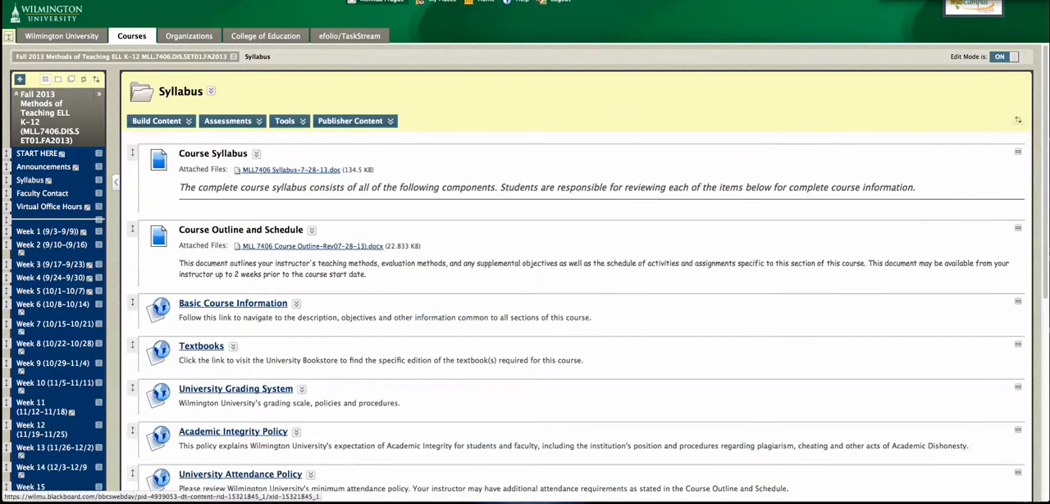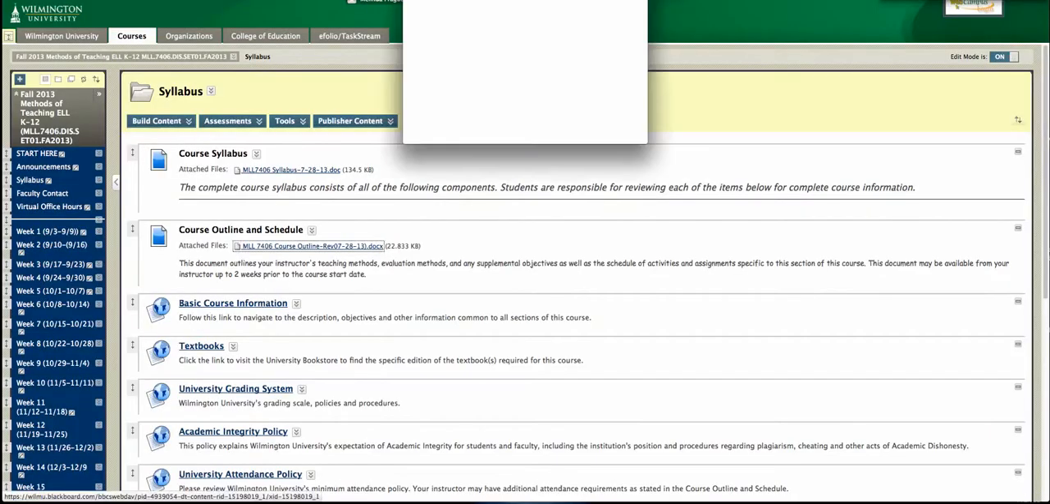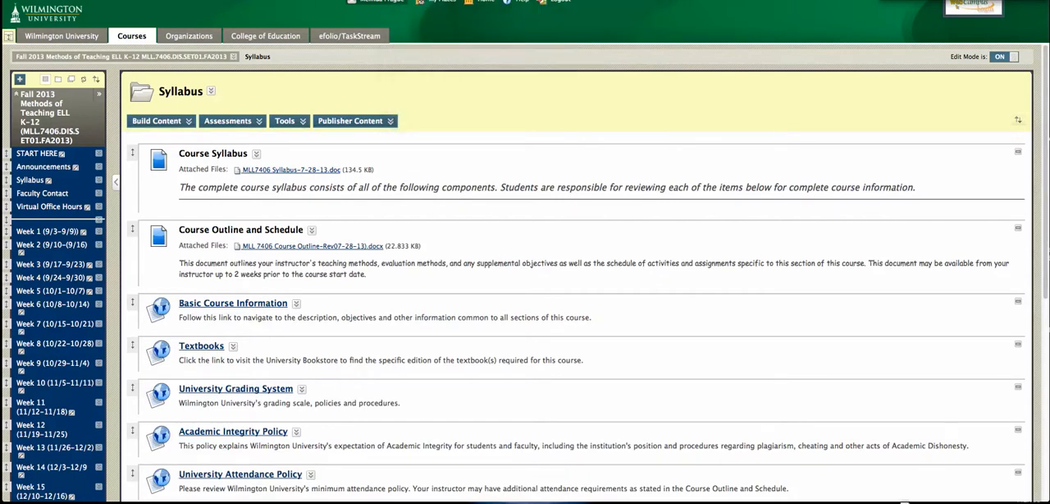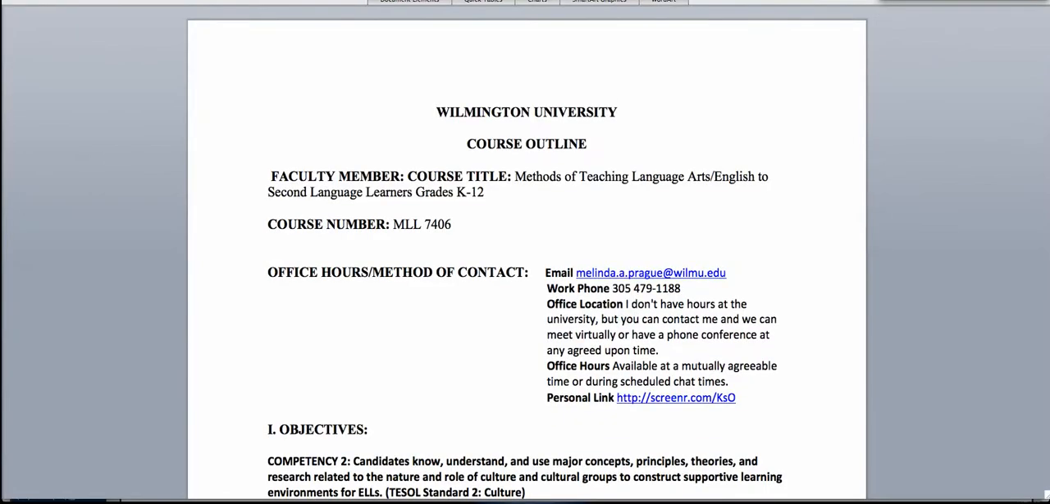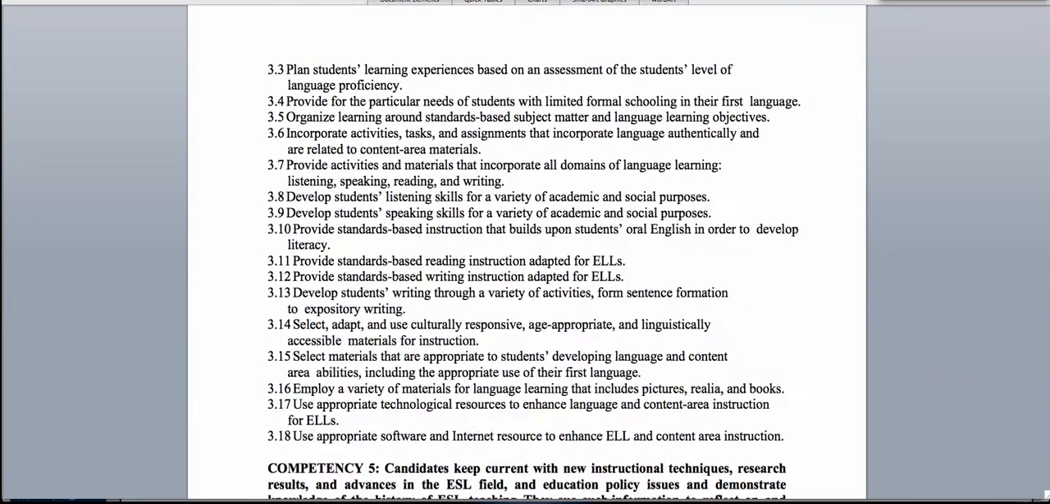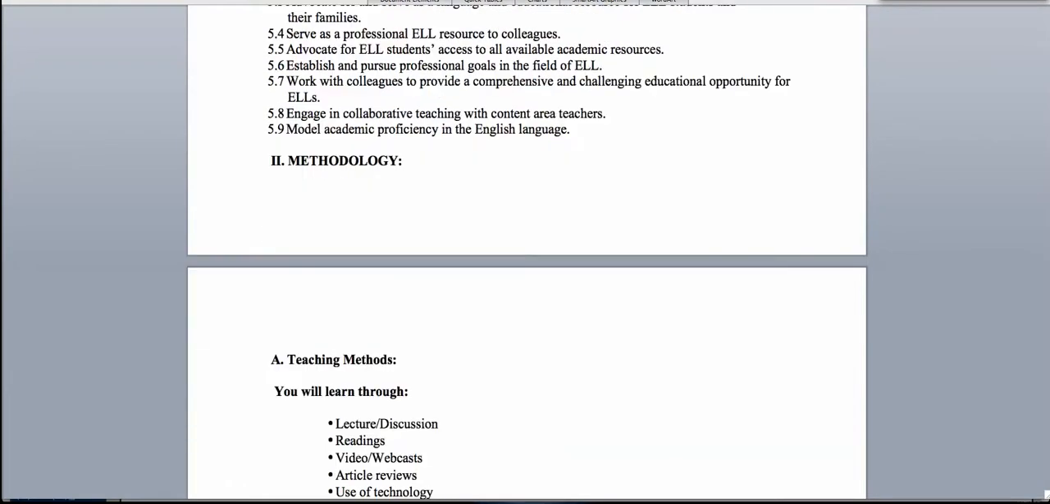So I'm not going to open up our syllabus now. It's quite lengthy, but I will ask that you do that on your own, and instead let me open up our course outline. Our course outline is something, again, that you should open and save to your desktop or your course folder. And you can see that it has the objectives and the competencies, and as we scroll down, the